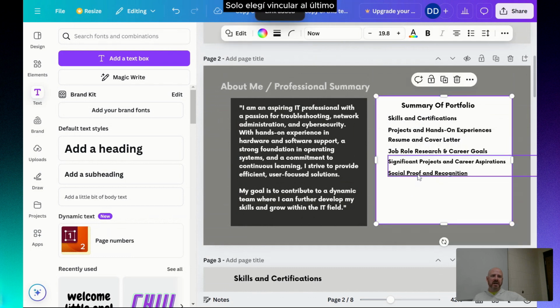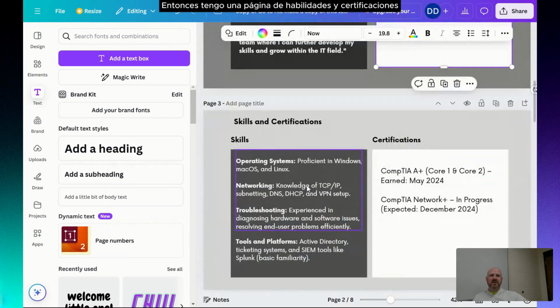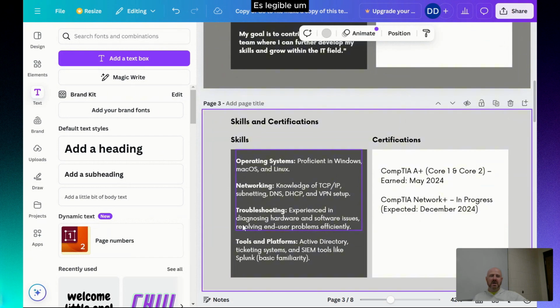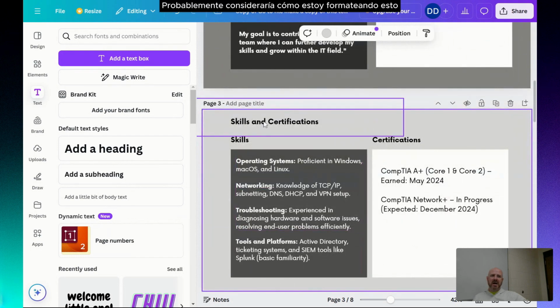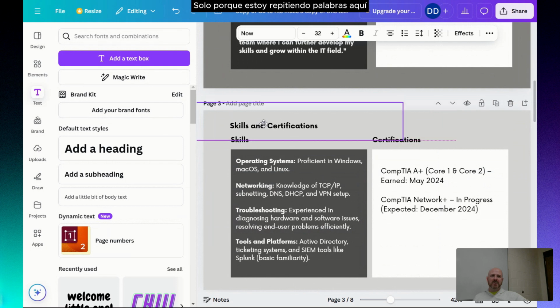I just chose to link to the last one, but you can set this up that way. Has a little bit of a goal. Then I have a skills and certifications page. You just want to make sure it's readable. I would maybe consider how I'm formatting this, just because I'm repeating words here, but